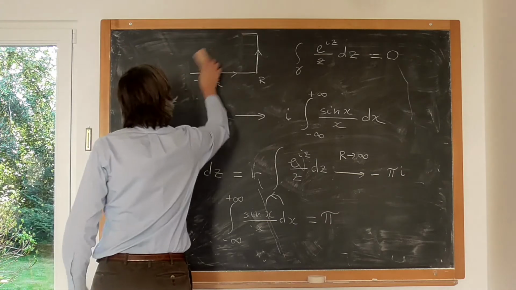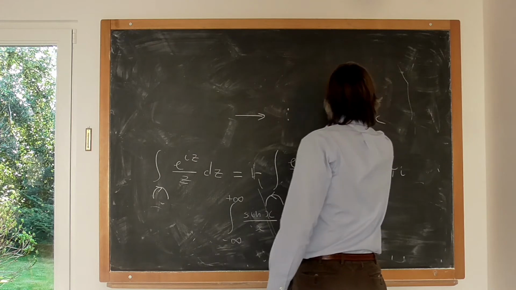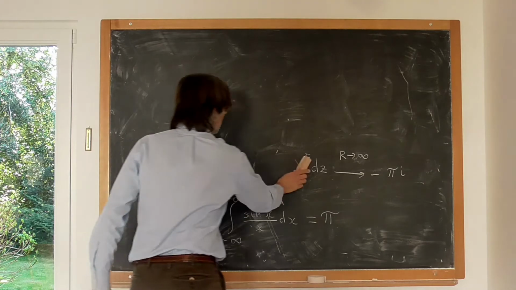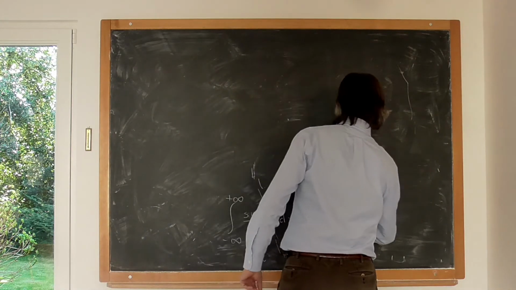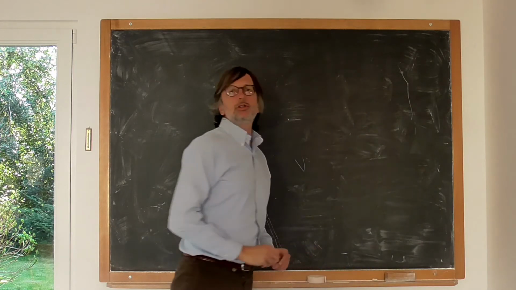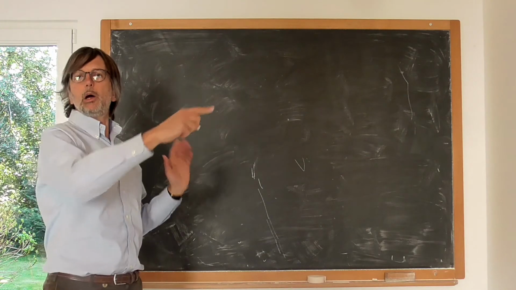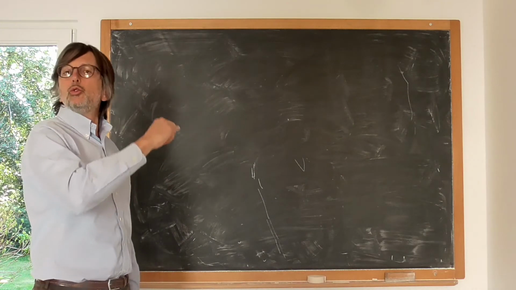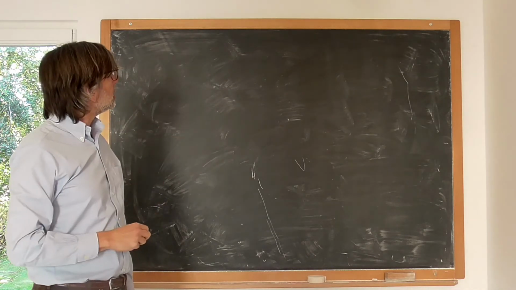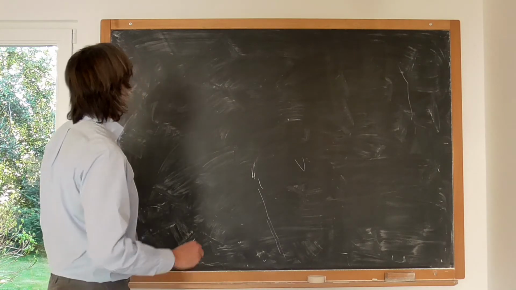Okay, this was an example in which we had an integral that was almost of type 3, but we had a singularity at the origin, so in a point of the real axis, and we just modified our rectangle so as to avoid the singularity by going around this small half circle. Okay, let's